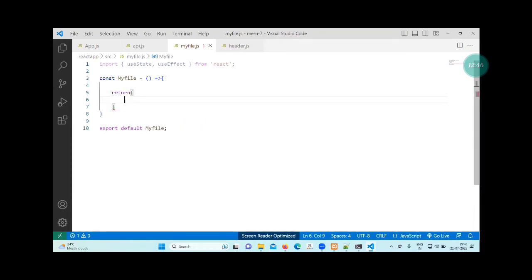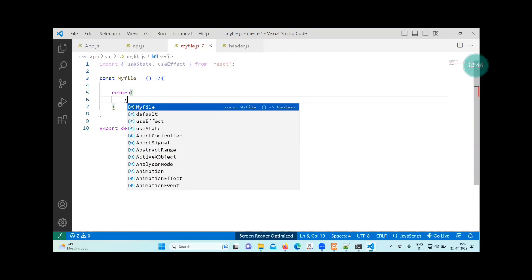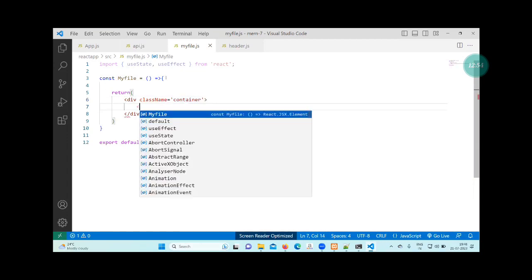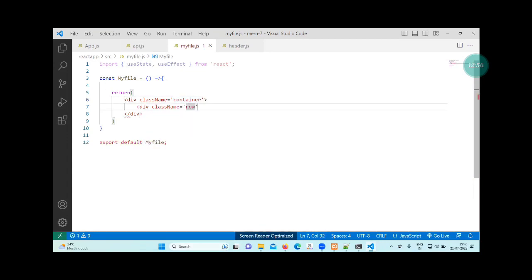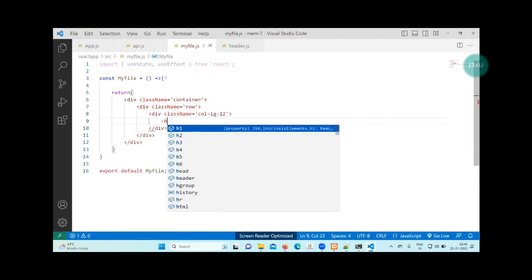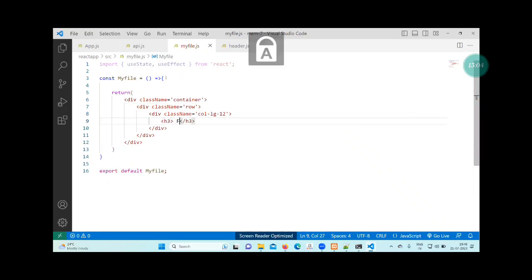Now return. Write a div with className container, next a div with className row, next a div with col-12, next an h3 with file read and